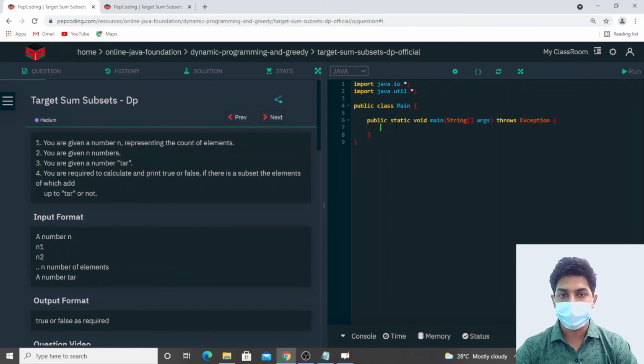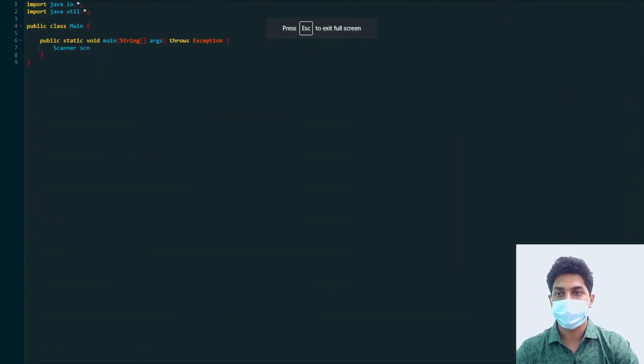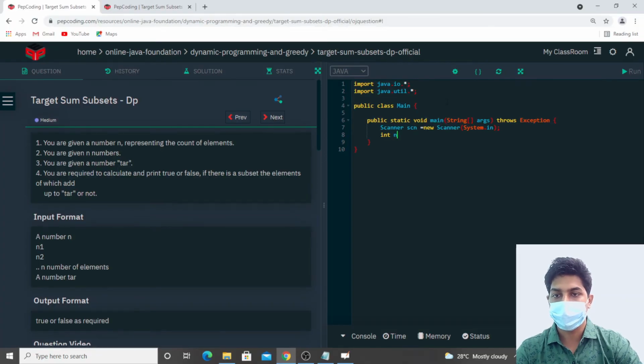Okay, so what we have to do, let's make a scanner object scn, and then we are given an integer n, and we are given an array of n numbers.